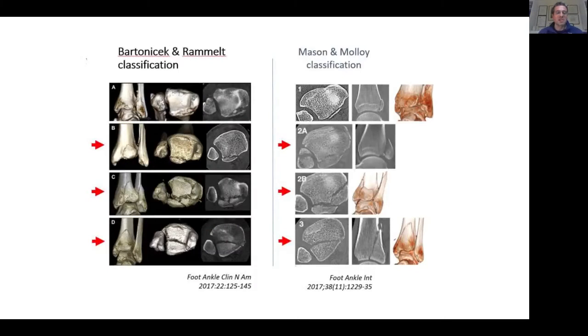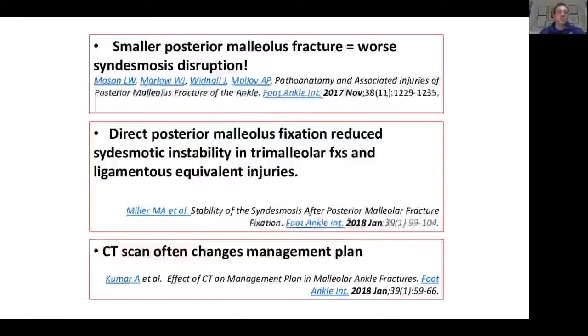And we have these two classifications, produced around the same time, saying exactly the same. So I don't think that will be the start of a German-British debate, and I would say probably it would be the ancient Greeks who would have discovered this if they had the CT scan a few thousand years ago, but they didn't. So CT scan is important because it changes your management plan, and what we know is that